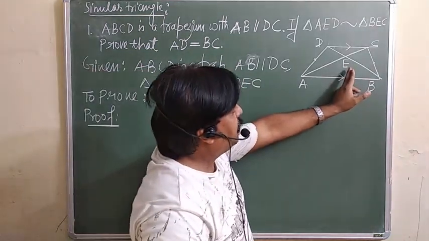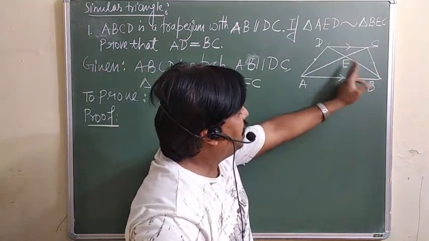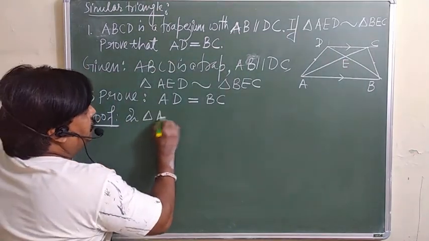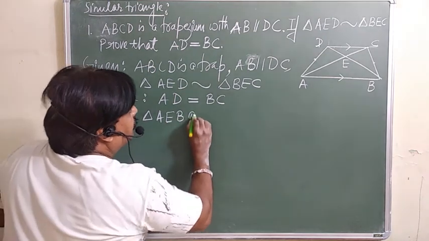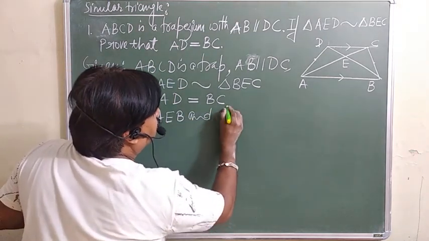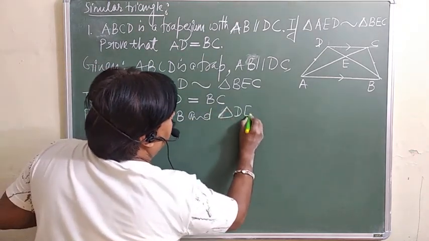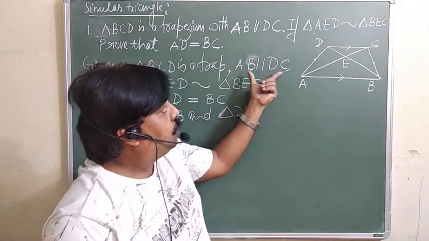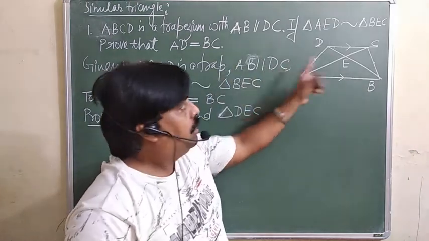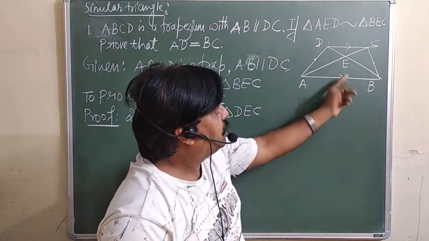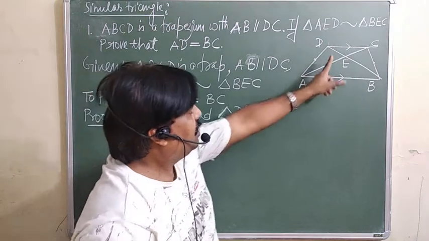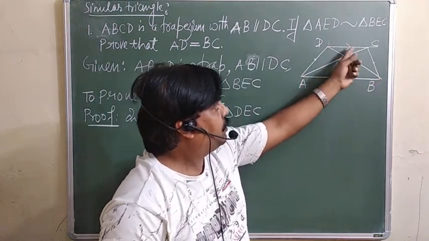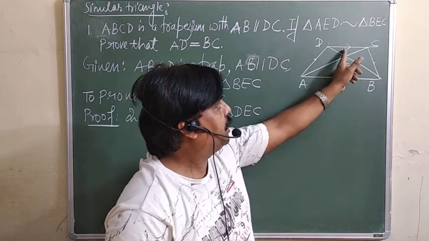So first of all, I am taking these two triangles: triangle AEB and triangle DEC. The important point is why I am taking these two: because it is given that AB is parallel to DC, it should be used. AD, DC and AB are coming in these two triangles. You can take triangles ABD and ABC, but our purpose is not going to be fulfilled, so that's why we will take these two.